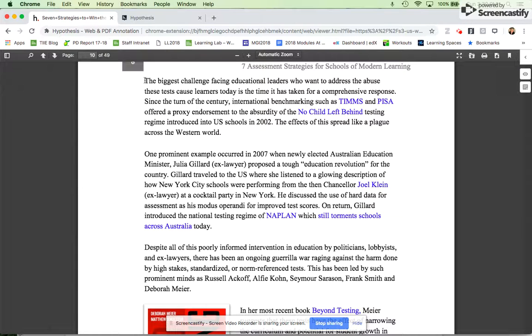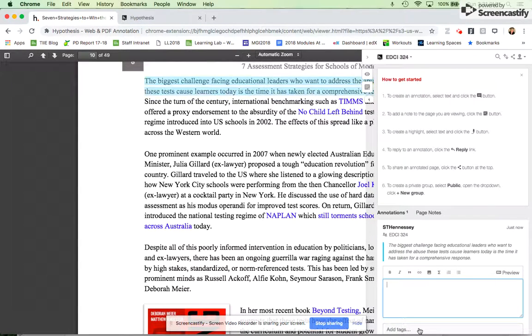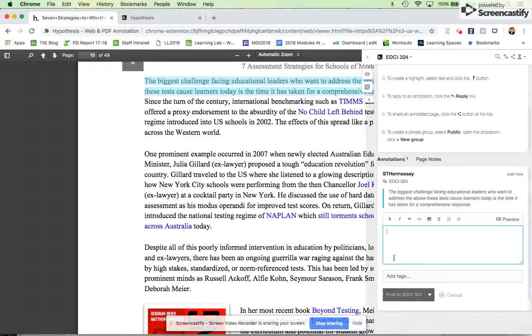And if this is something that I'm interested in, the biggest challenge facing educational leaders, I'm going to grab this. I'm just pulling over to select this. And then when I let go, I can create that annotation specifically for me. I can keep it as a highlight, or I can create that annotation to share directly with us. So I'm going to click on Annotate. And then here I have a little box with the rich text editor. I can insert links or images, and I can even format that a little bit if I'd like to. Don't necessarily need to do that, because the way that I'm asking you to respond to this is